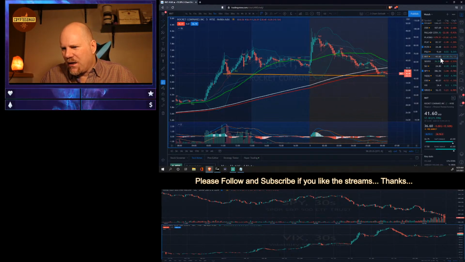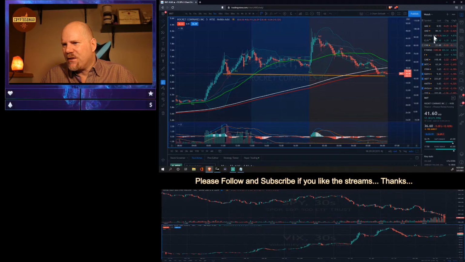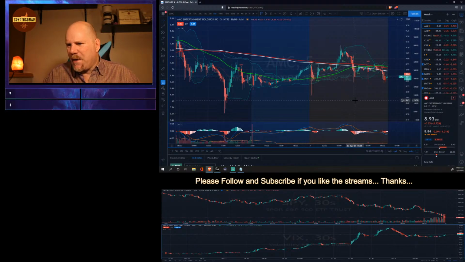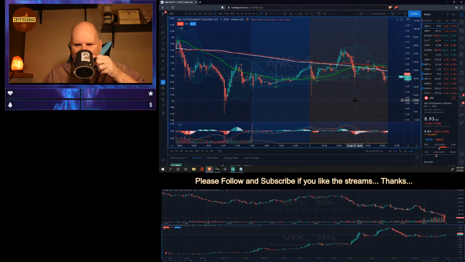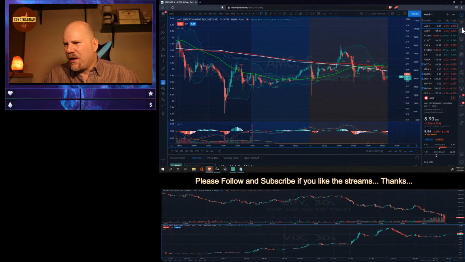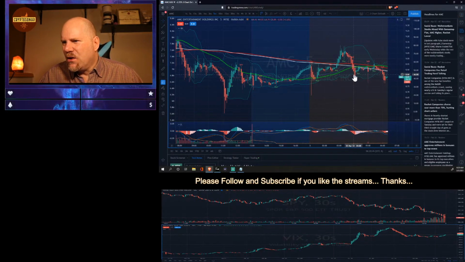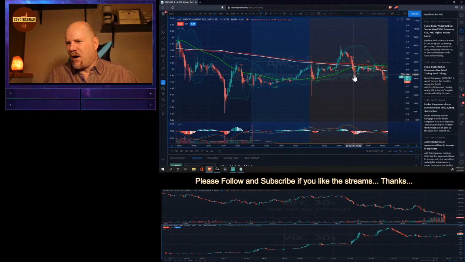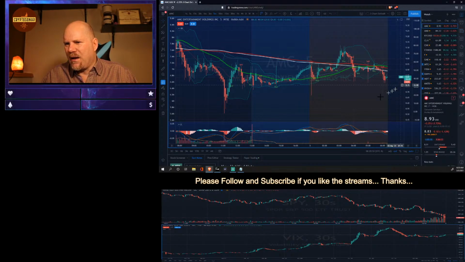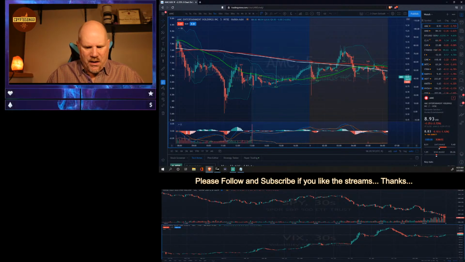Okay, so Rocket is looking down 5 points, and then the other one, AMC, is looking to open about 9 cents lower in the pre-market, down to 8.84. And what you'll see on here is that you're going to have the same news articles on AMC and on Rocket. They're just going to push them right to the limit on everything, so that's available for you as well.